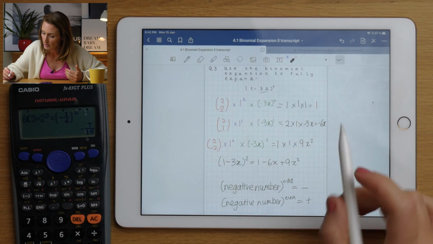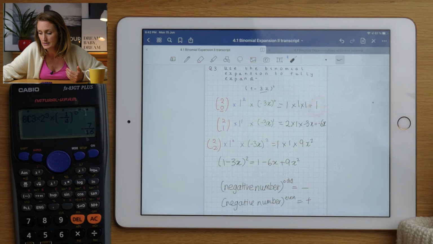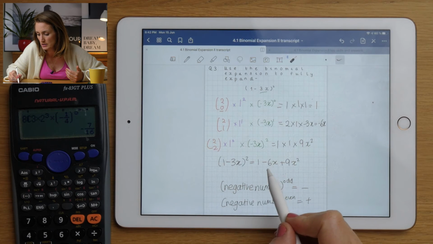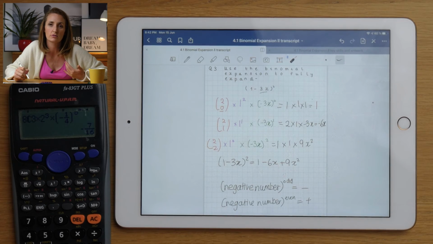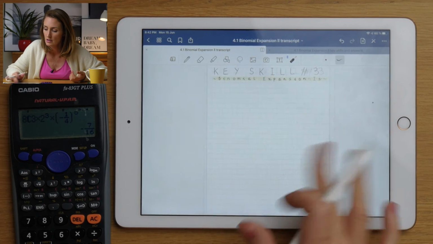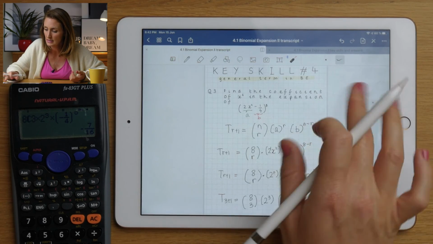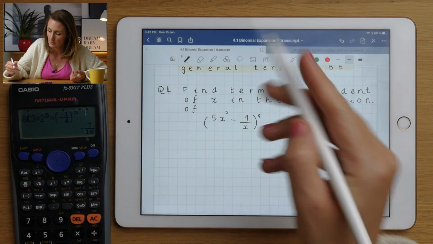The same here, if we were looking at this one, 1 is the term independent of x because everything else in the expansion has x, one of the powers of x. So I want you to think about this in your head like x to the power 0. That's the easiest way to think about it. You set up your general term,